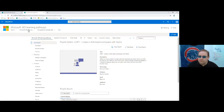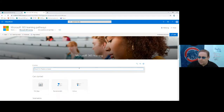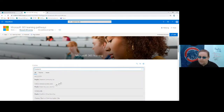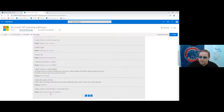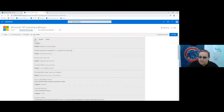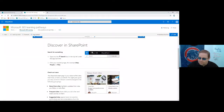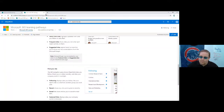If we go back to the training and someone wants to search for specific information, they can just type in here. And this will allow them to see all the different playlists and how to do different things. Give you multiple pages of information. And then they can come in here and be able to get all this information, and all the page is